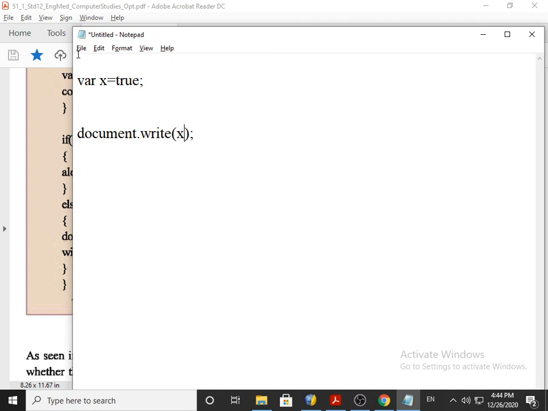But if I put an exclamatory symbol, then in JavaScript exclamatory means not. So not x means not true, so it will display false. Remember students, when we put exclamatory we are saying not x, meaning not true, so it is false.